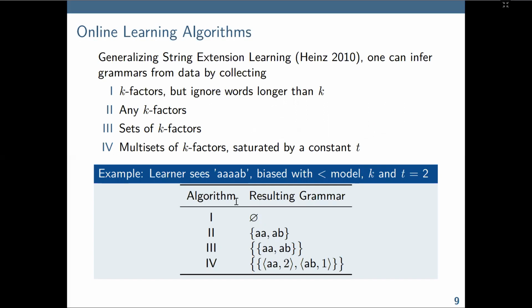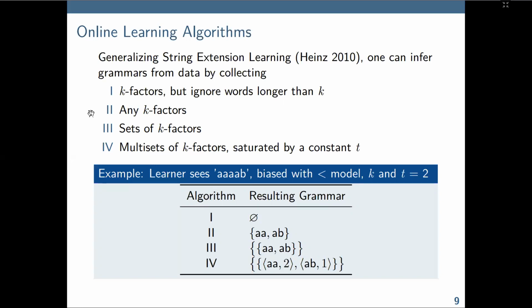The first way is to collect all of the k-factors, right? So you give a learner a parameter k, and it just says, I see a word, I collect all the k-factors. But the first learner ignores words longer than k, okay, right? So if k is 2, you're only going to consider words of up to length 2, and anything longer it doesn't care about, right? The second algorithm says, well, I actually do care about words longer than k. I care about any word, so if I get a word, I'm going to collect any k-factors, okay? And so I'm just going to collect all the different factors that are present.